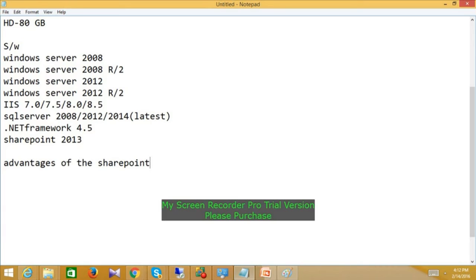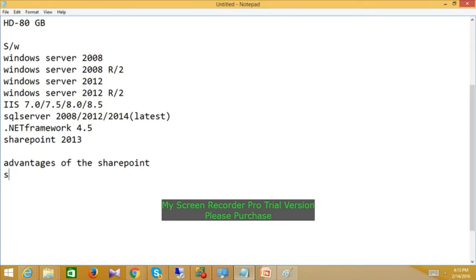We can deliver the project within the deadline by providing a rich graphical user interface and more security levels. Maintenance is very easy and maintenance cost is reduced. These are the advantages of SharePoint.